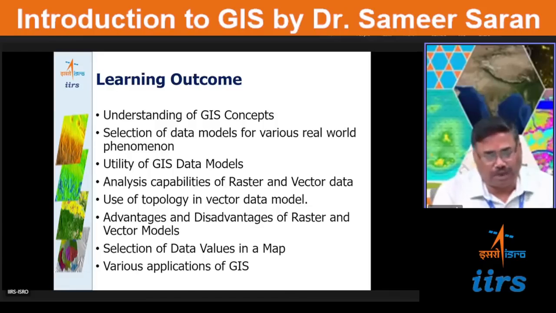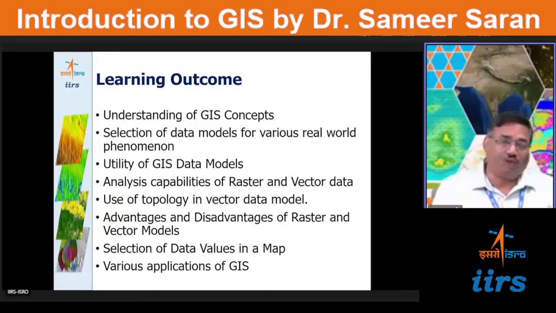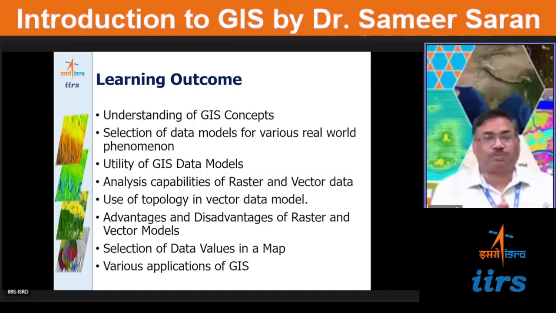In fact, there was one concept of topology, which because of the time constraint, I did not talk about. Topology basically tries to make your data correct in the vector data model. Whenever you create these vector data sets, you have to make them topologically enabled so that all errors associated with the vector are removed, and you can apply any type of transformation to those data, and ultimately it is not going to affect them because it is following a topological model. We have talked about advantages and disadvantages of raster and vector, selection of data values in a map, and